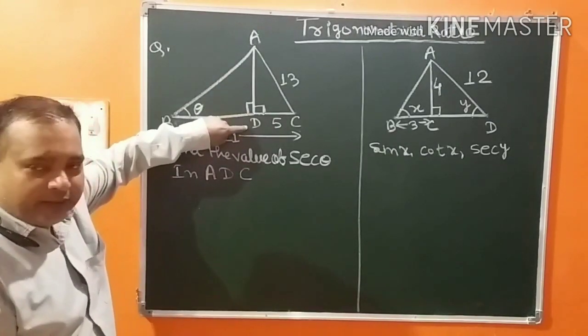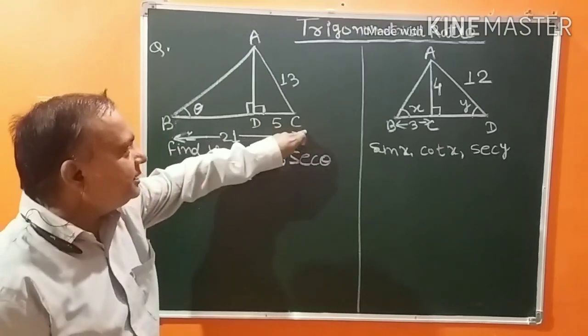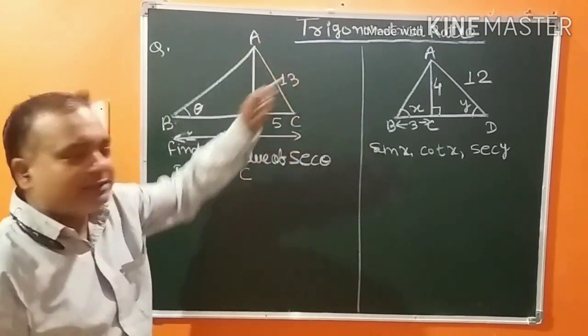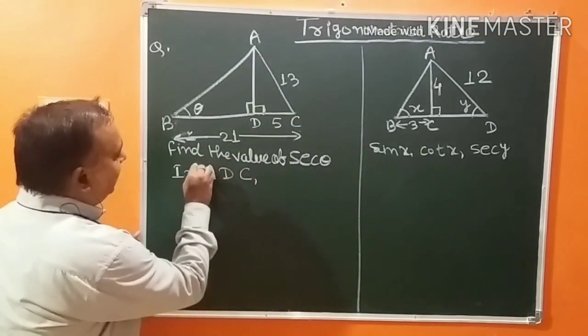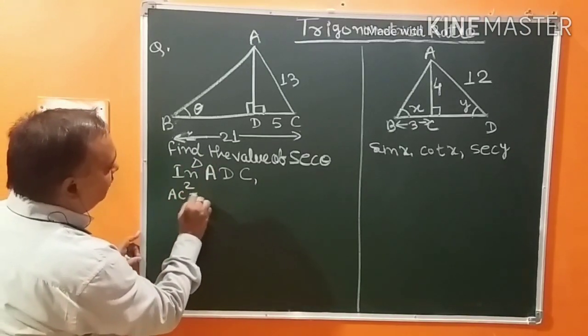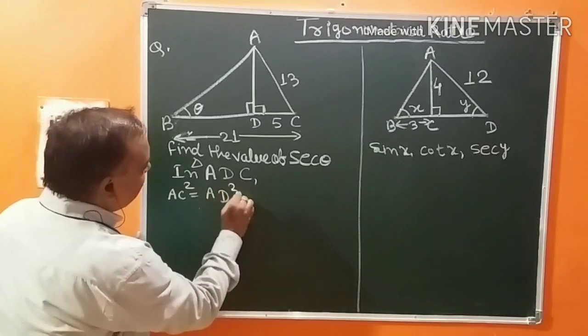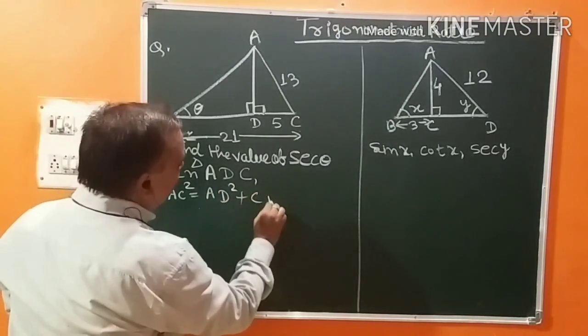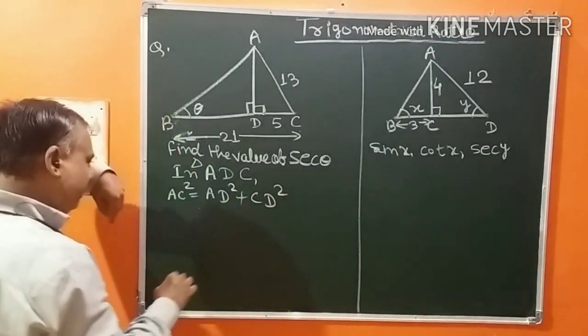AD is the perpendicular, CD is the base, and AC is the hypotenuse. By Pythagoras theorem we can write